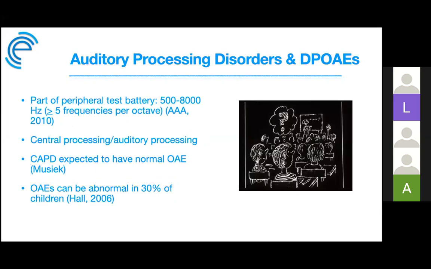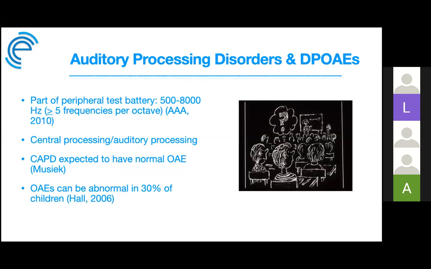So, auditory nerve processing disorders. It's part of the American Academy of Audiology's recommended guidelines in 2010 to have, as part of the peripheral test battery, DPOAEs from 500 to 8,000 hertz, approximately 5 frequencies per octave or more. And so if it's mostly just a central processing disorder, then we'd expect normal OAEs. But if there's also an issue with the auditory processing, we can have the chance of having abnormal ABRs. And then a study done by Hall in 2006 actually found abnormal OAEs in 30% of the children that were being tested for